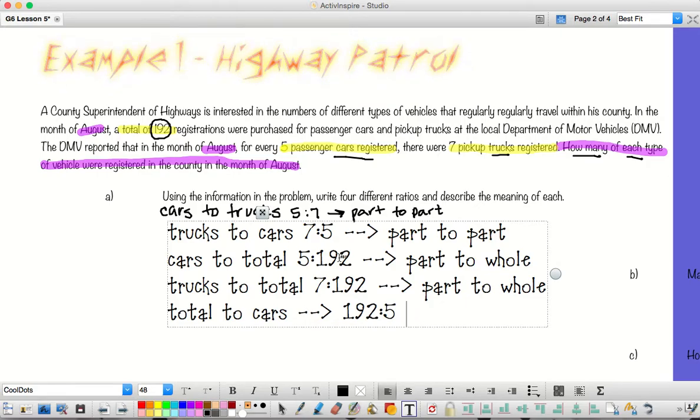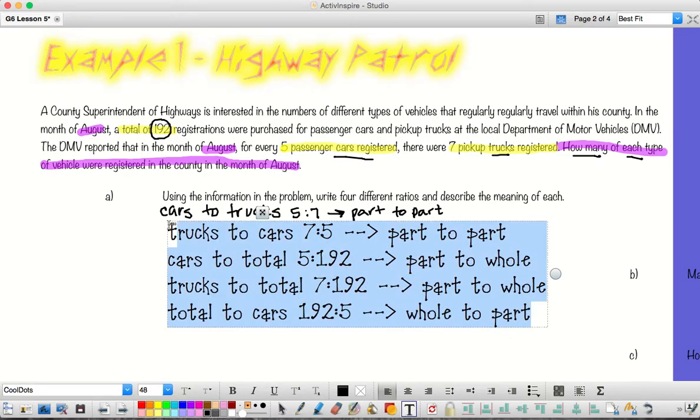Okay, so now this would be whole to part. And you could also switch around the total to trucks. Now, does it matter what order the numbers are in? Yes, it matters. As long as your words and your ratio match up, then your ratio is okay. If they do not match up, then your ratio is not okay, because if you were to put, instead of